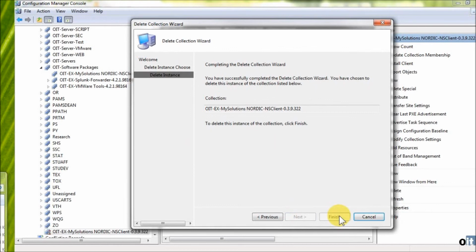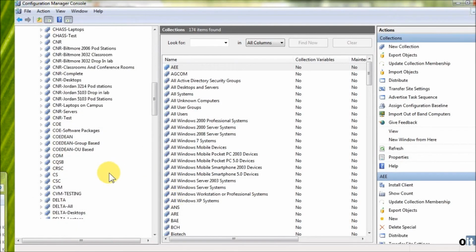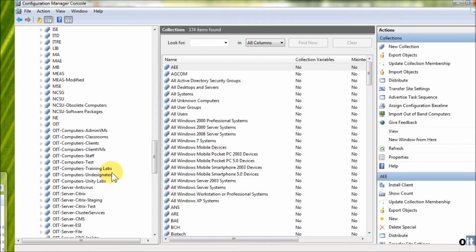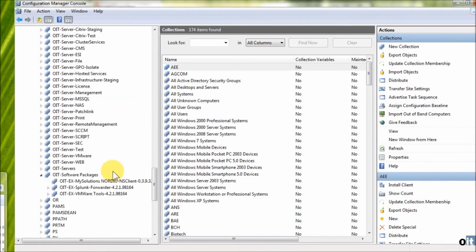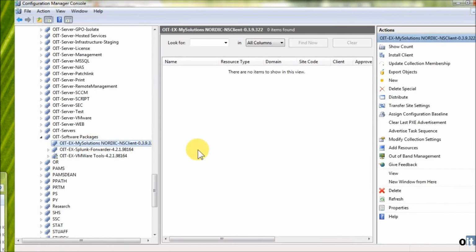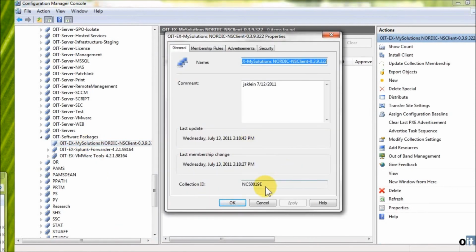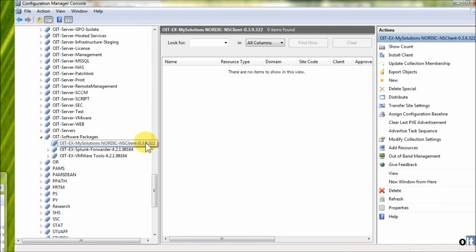But at this point, I've deleted the copy that was in the root, and there's one under software packages, and it is fine and completely the same as it was prior to the creation, but now I don't have to look at it unless I open the software packages and want to look at it. So that's the first non-standard thing. The other